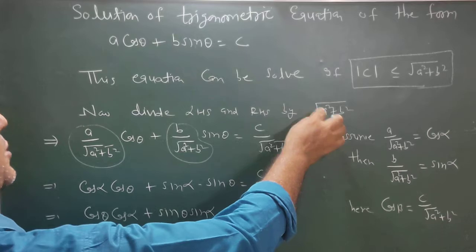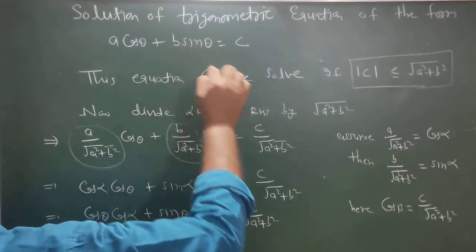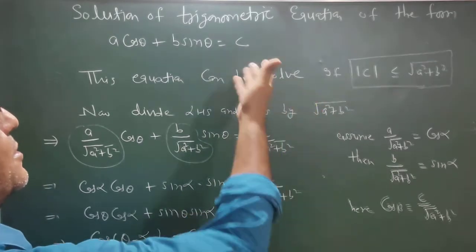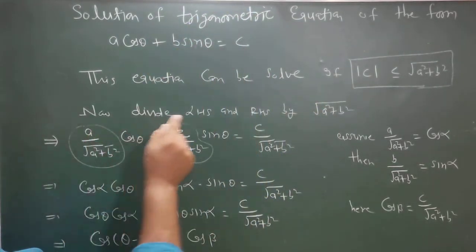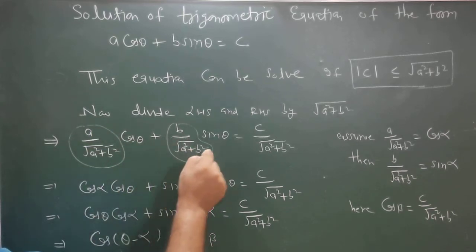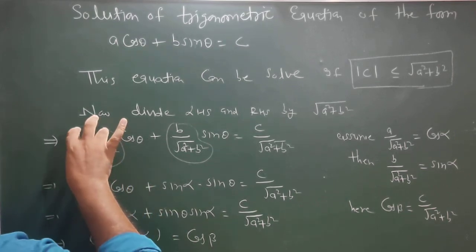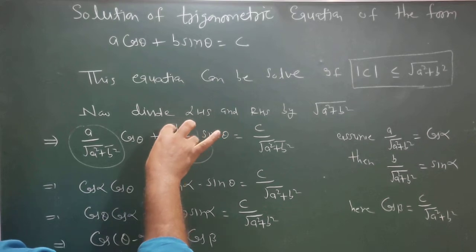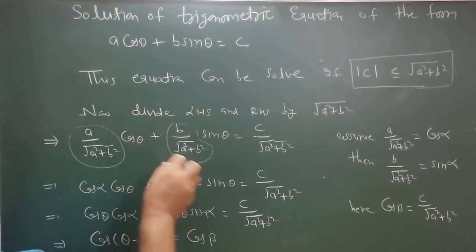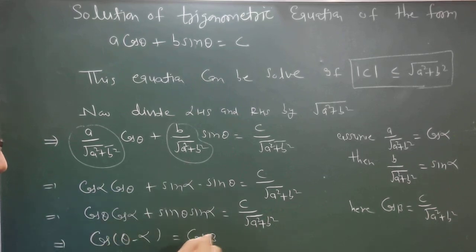Here A is the coefficient of cos theta, a numerical value, B is the coefficient of sin theta, and C is also a constant. So now after dividing, the equation becomes in the form of A upon this cos theta plus B upon this sin theta. Now assume A upon under root A square plus B square as cos alpha. Okay, so if this value is assumed as cos alpha, then confirmly this value converts into sin alpha. So now after putting these values, the left hand side converts into the identity of cos, and the right hand side also can be converted into the form of cos.